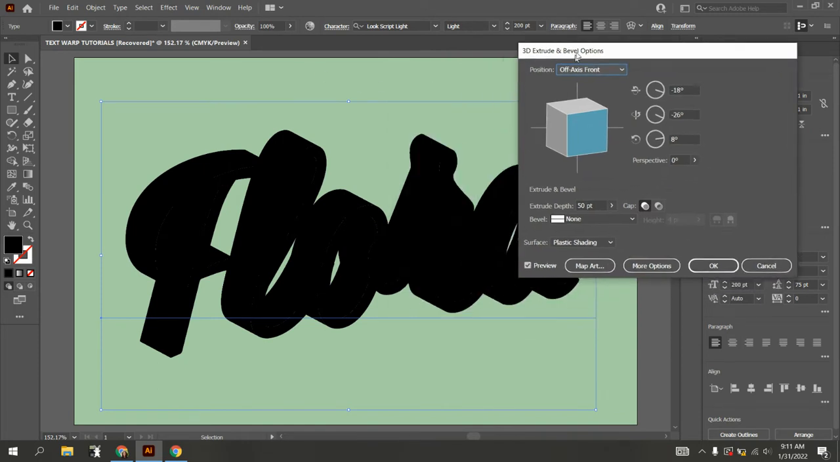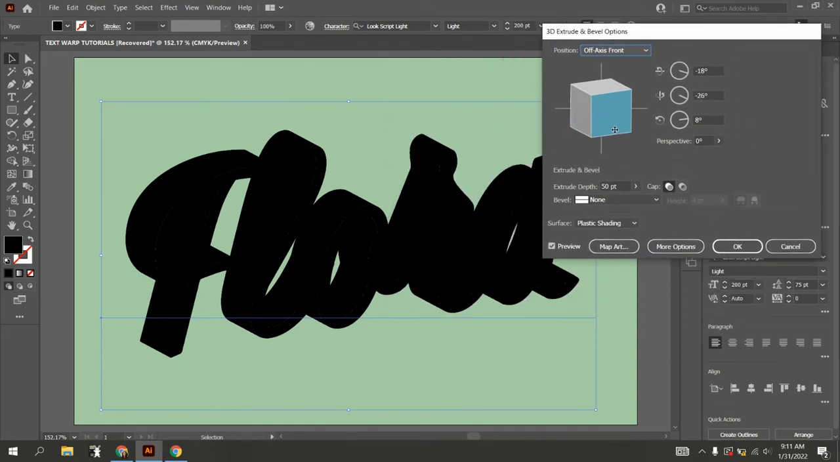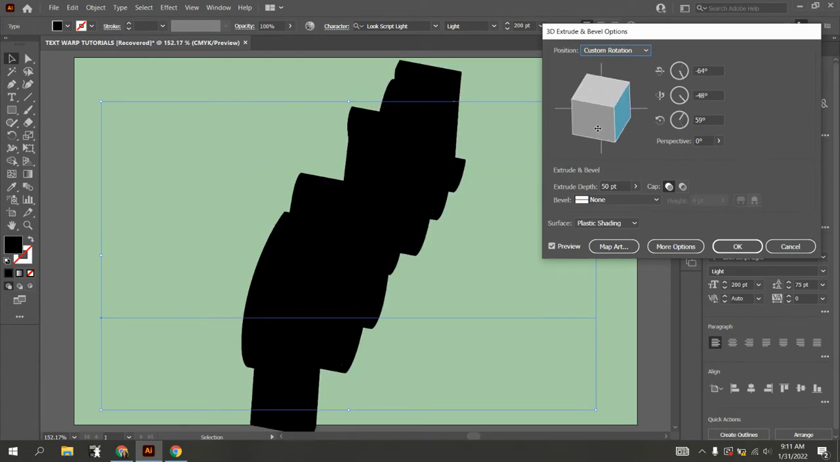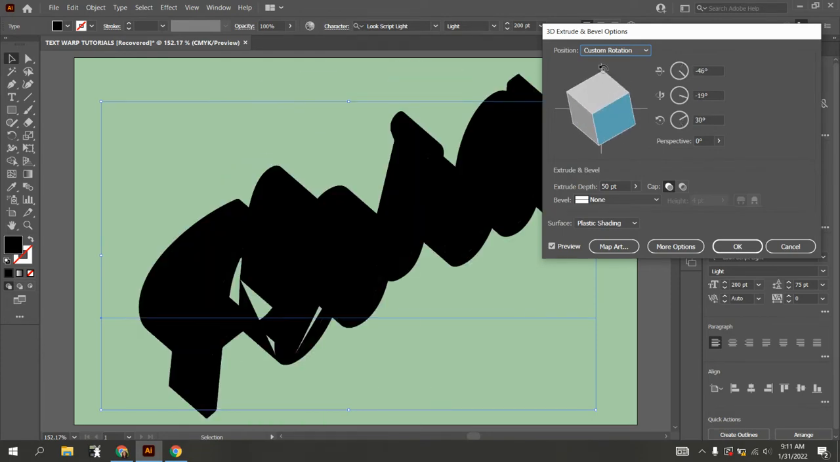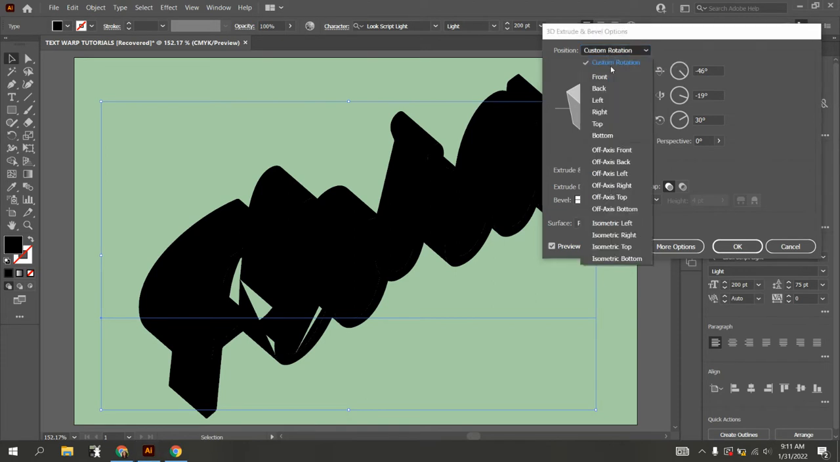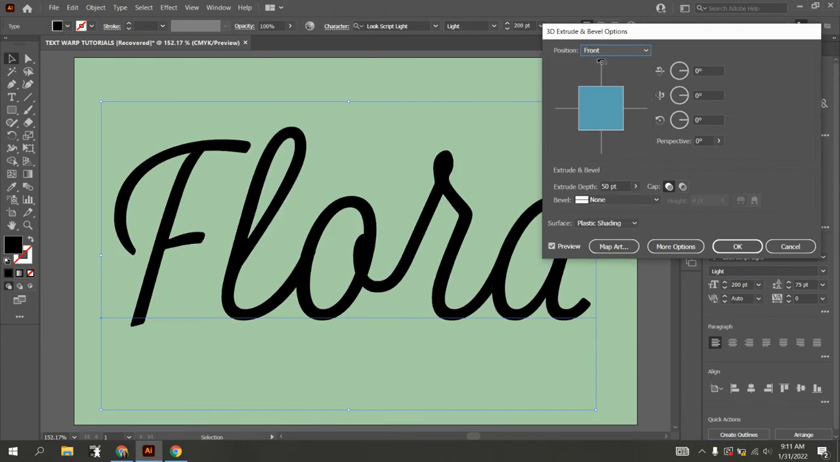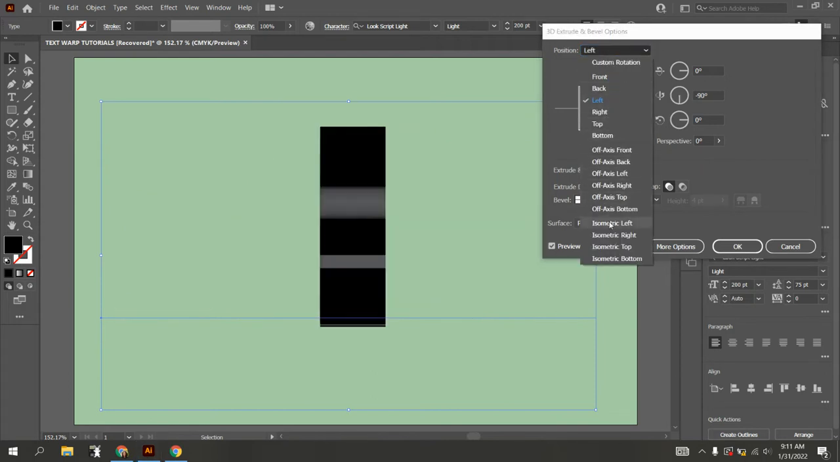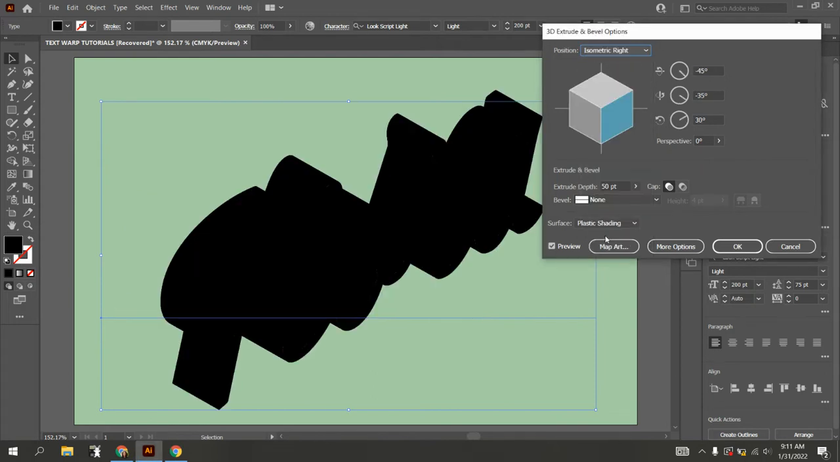Now, what you're going to notice here is that we have a few different options in terms of how we want to actually position our text. So what you can do is take the view cube here and move it around so it's in the position that you want. We also have custom rotation options. So I can do a straight on front, back, left side. But for this, I'm just going to go ahead and do an isometric right view. So I'm going to go ahead and say okay, but we'll come back to this dialog box